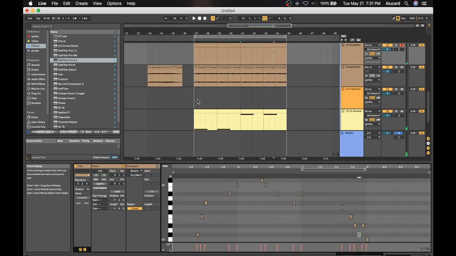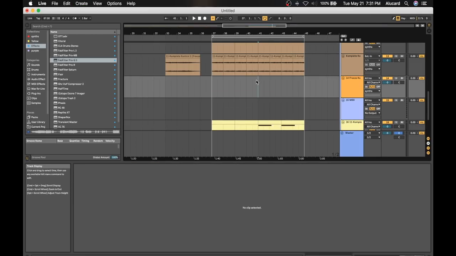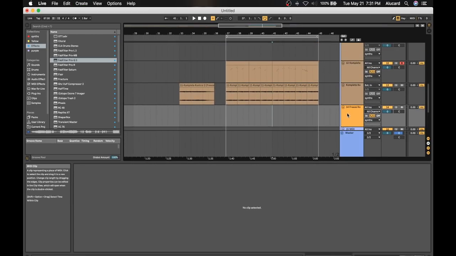Yeah, I mean, you get some really neat textures out of this, and it's just a way for you to build blocks. So the next thing that I would be hearing on that fourth is some kind of